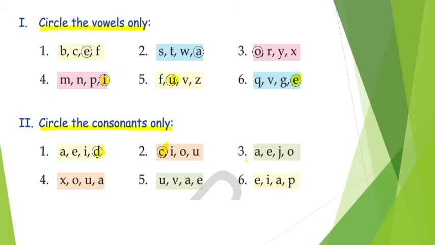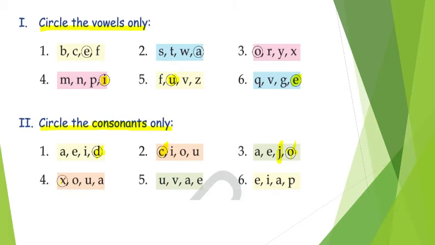Alright. Now in the third one we have A, E, O, and G. A is a vowel, E is a vowel, O is also a vowel, and here G will be circled, not O. This is wrong. Alright. This is the right answer. G is the correct answer, because we have to circle consonants, not the vowels.